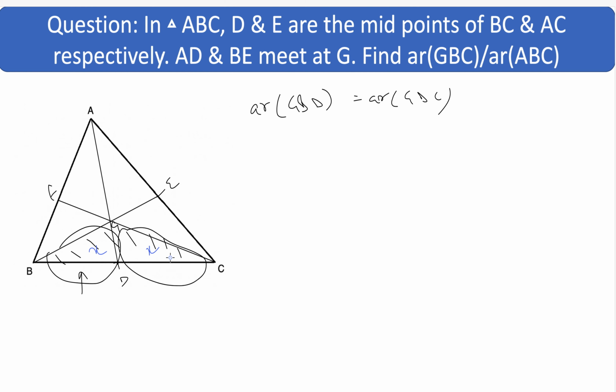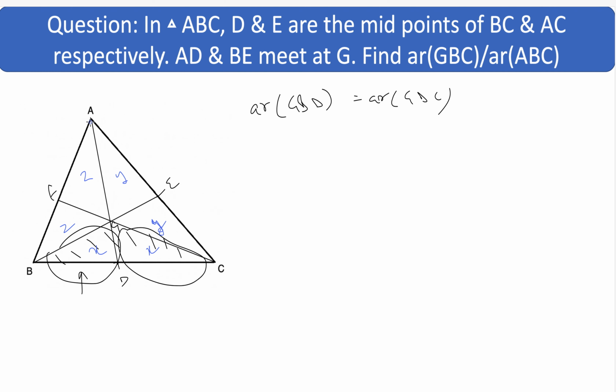Similarly, in triangle AGC, these will be equal. We can call them Y. And similarly here, will be Z. Okay. Understand that they are equal in triangle AGB also. Same concept. Altitude is same, base length is equal. Okay, so this is Z. Now see that in triangle ABC, the median divides the triangle into two equal areas.